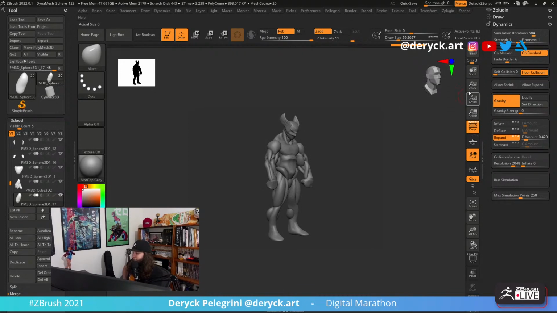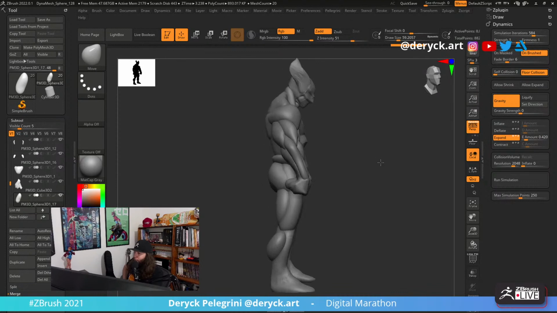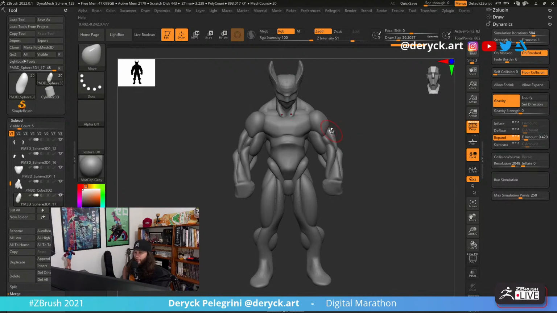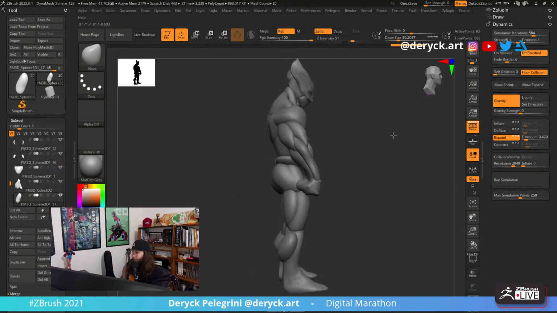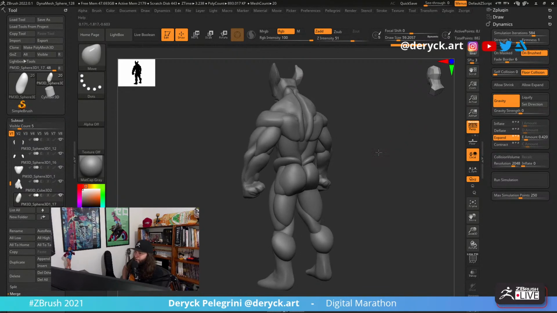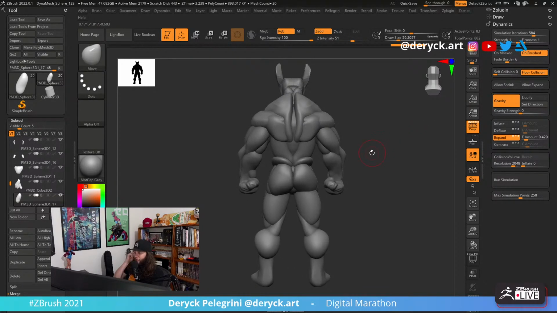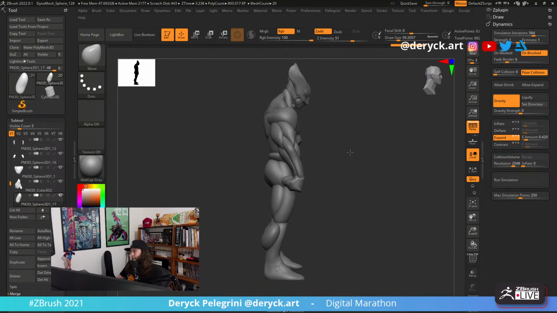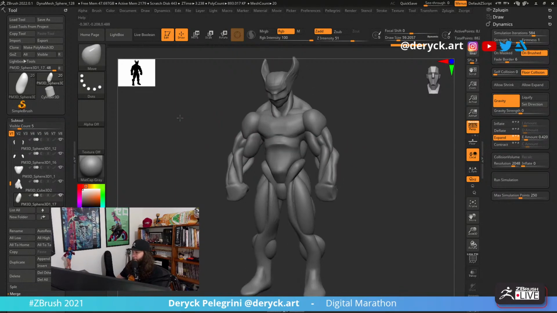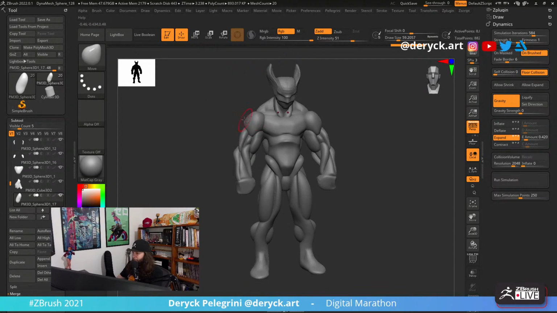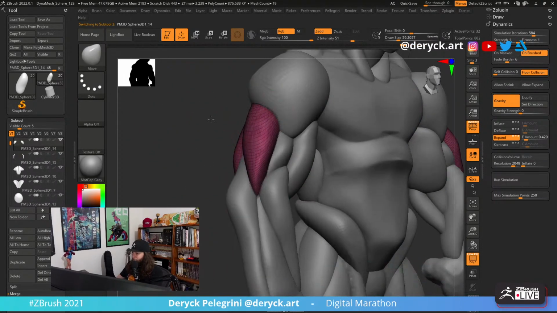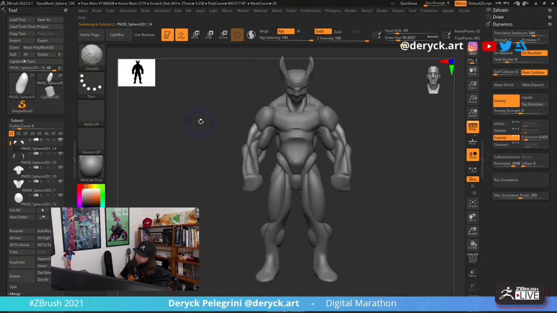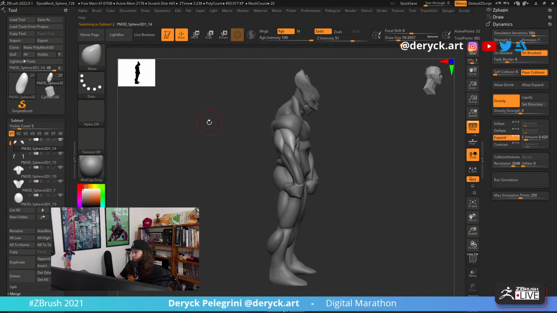I did this blocking the same way that I usually do. I just use some spheres here to block out the volumes. I already showed you guys how to do that a couple times. So instead of rebuilding everything as I always do, I thought about maybe starting from this base mesh that I just built here. And it's actually pretty simple. If you guys see, it's like that. Those are just regular spheres that I put together in the shape that I thought would be cool.